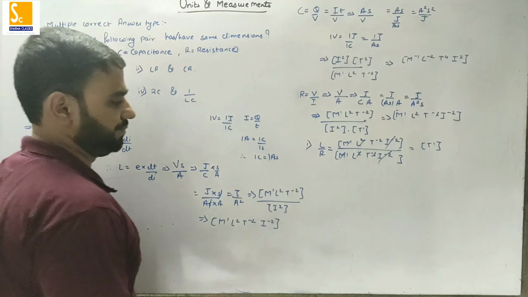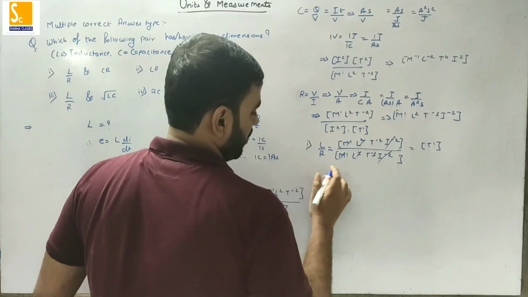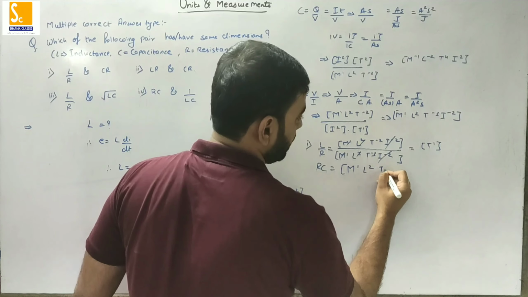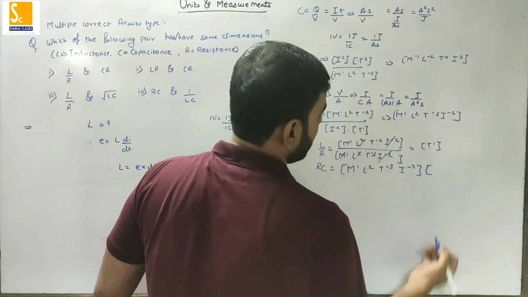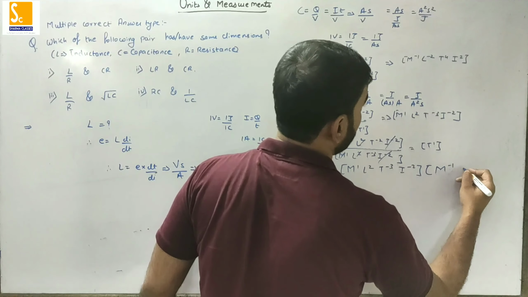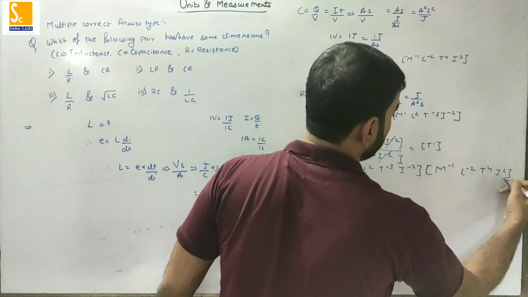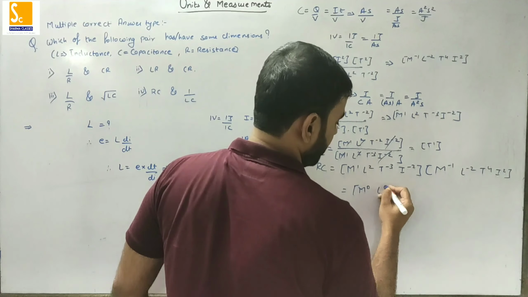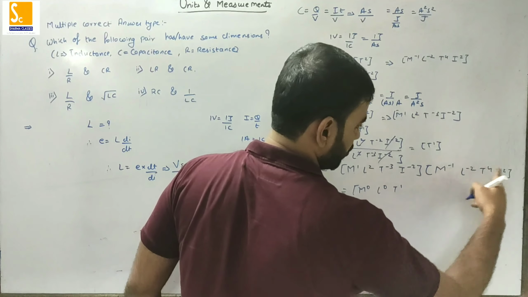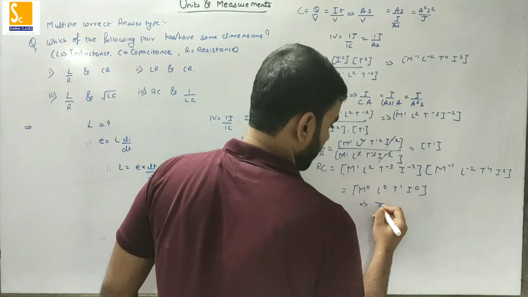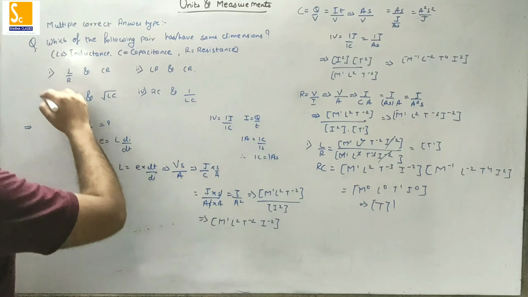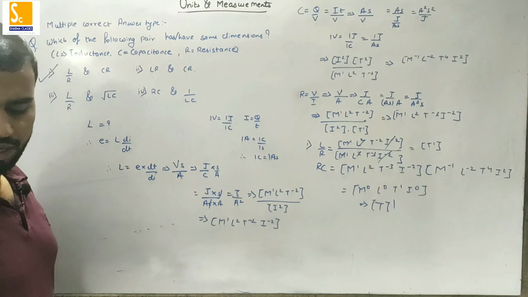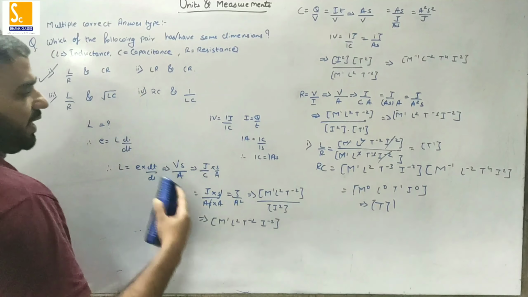Okay, so this is the dimensional formula for L by R. We'll check for RC. R having the dimensional formula M raised to 1 L raised to 2 T raised to minus 3 I raised to minus 2, and C having the dimensional formula M raised to minus 1 L raised to minus 2 T raised to 4 and I raised to 2. So 1 minus 1 becomes 0, 2 minus 2 again 0, minus 3 plus 4 becomes T raised to 1, minus 2 plus 2 comes out to be 0. So it is again T to the power 1. So these two quantities have the same dimensional formula. Okay, fine. So now next we will check for the second option.